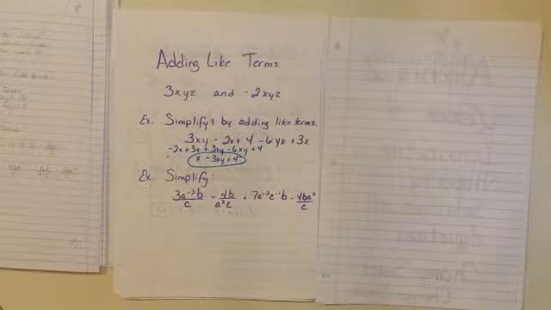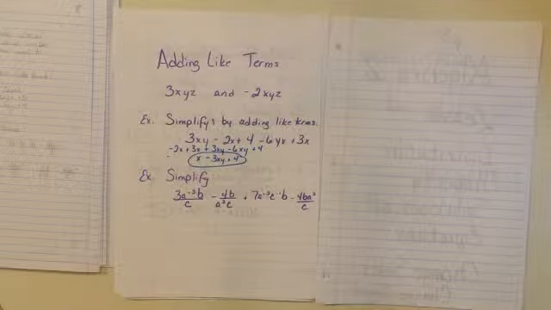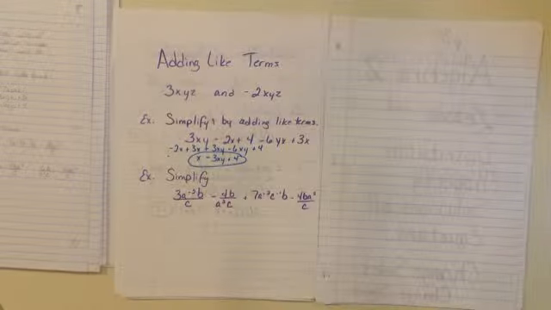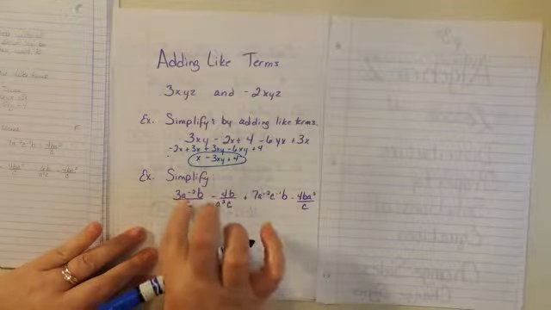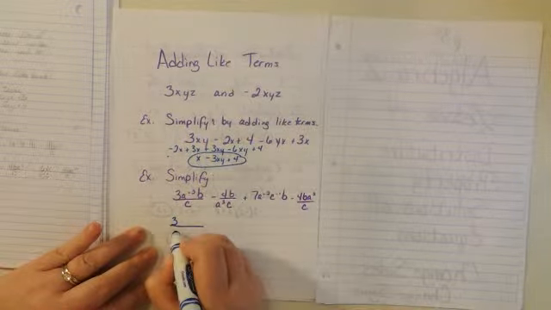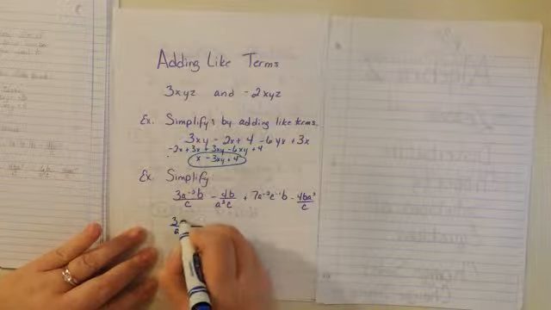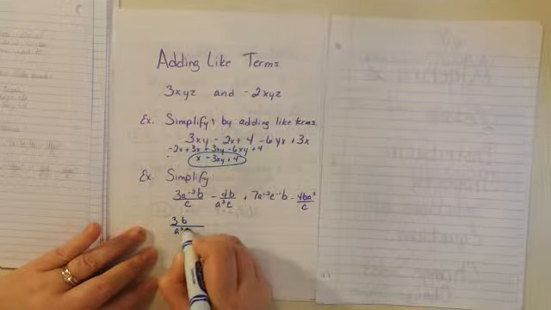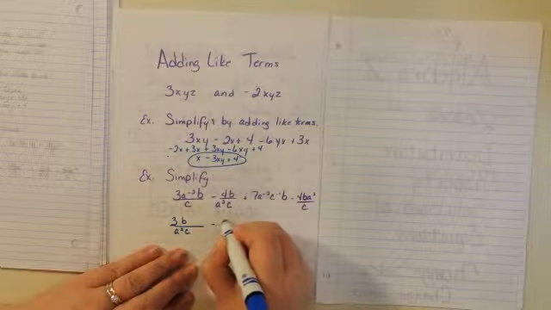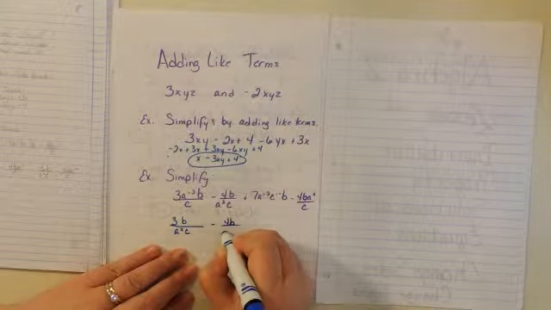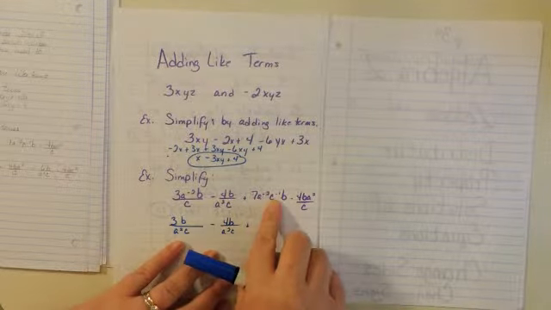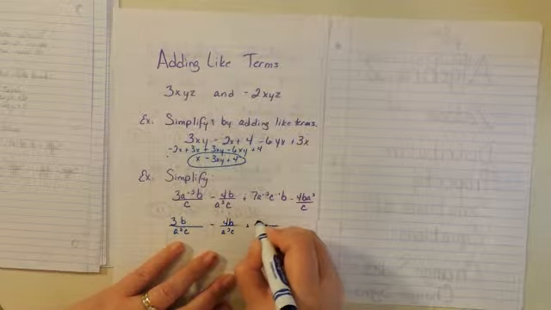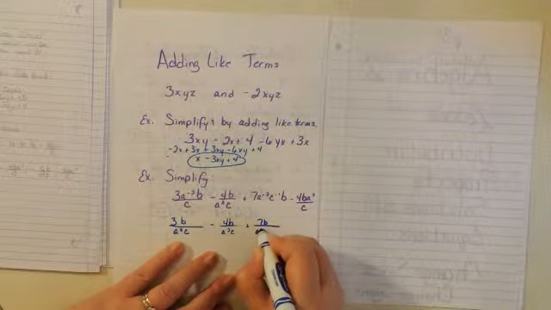All right, here's a more complicated one. Let's start by getting all of the exponents positive. So we have 3. It's a to the negative 2, so we're going to put the a squared on the bottom. So 3b times a squared c, minus 4b over a squared c, plus, okay, this is a negative and this is a negative, so they're going to go on the bottom, 7b over a squared c